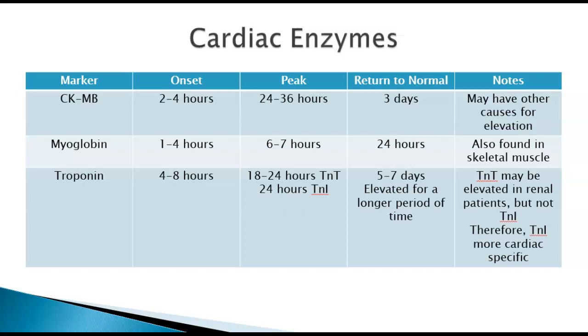Then they found out that myoglobin can also be elevated during a STEMI. It peaks within 1 to 4 hours. Again, it'd be an hour after the chest pain started. Same with troponin. Troponin is very, very specific to cardiac only. So if the heart is having a problem, troponin is going to elevate in 4 to 8 hours and then peak tomorrow. Again, this isn't helpful if the patient's having a STEMI right now. So we do our 12-lead EKG first, and if your 12-lead EKG has ST elevation, we will still draw the blood work, but we're not going to rely on the blood work.